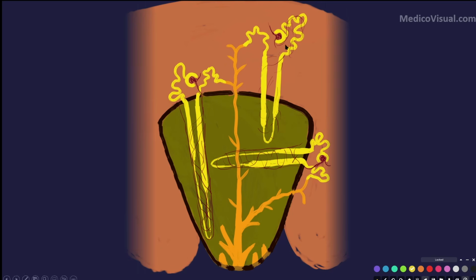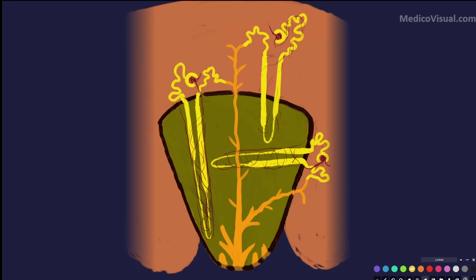Here I have shown just 3 nephrons, but actually there will be thousands and thousands of nephrons in each pyramid. So here is one nephron which is opening into this collecting duct. Here also it is opening into a collecting tubule or collecting duct through this connecting tubule. Now, one thing that you must keep in your mind is that the nephron almost completely develops from the metanephric blastemal cap.